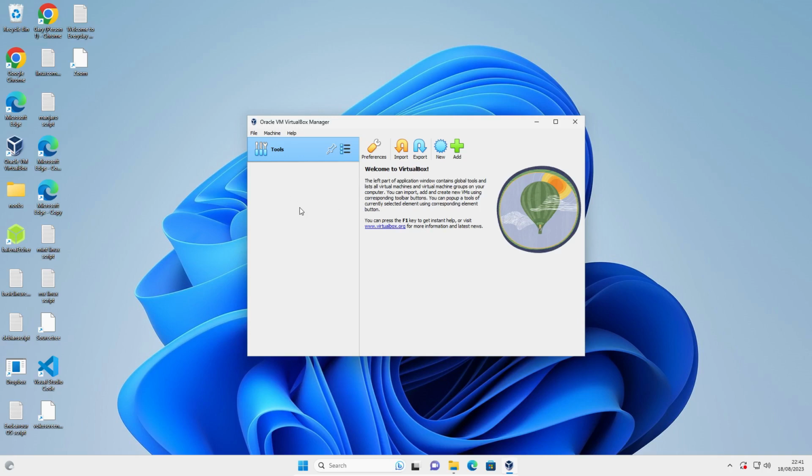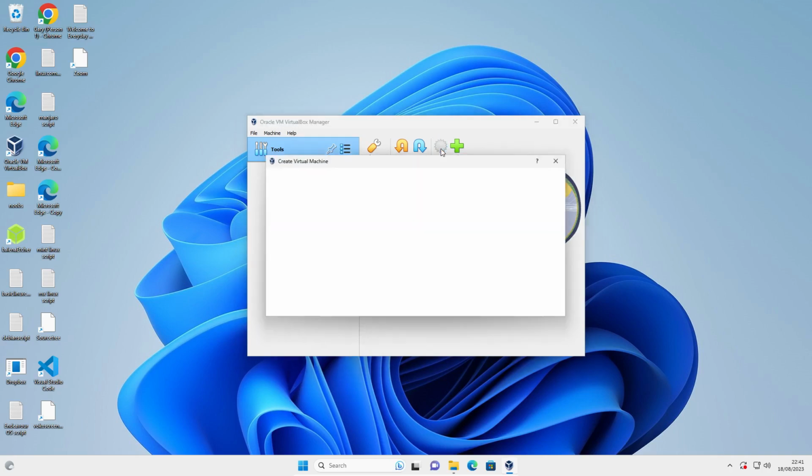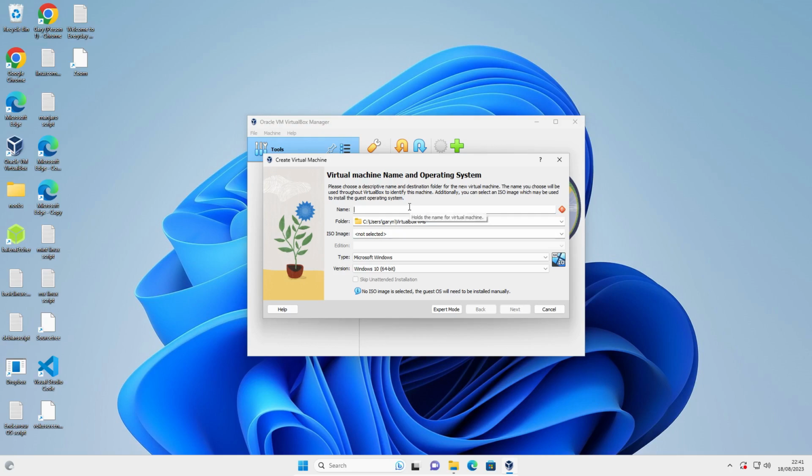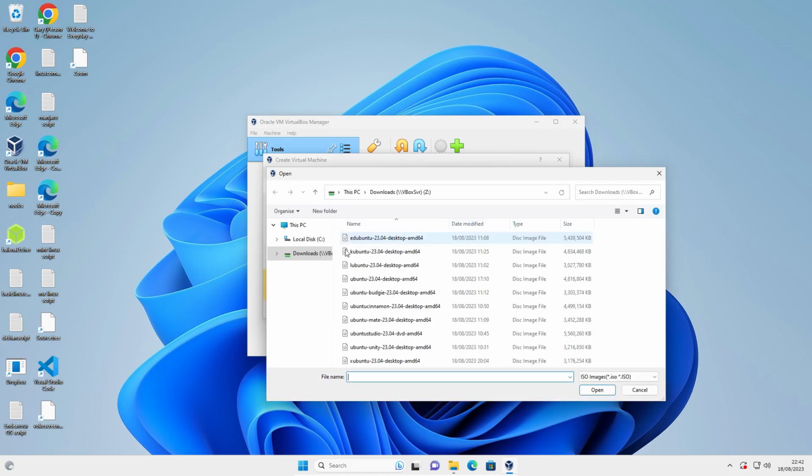To create a virtual machine, click on New, type in the word Ubuntu, choose the ISO image. So in this case, click on Other, go to your Downloads folder, choose the one you want to install. So I'll say Lubuntu,